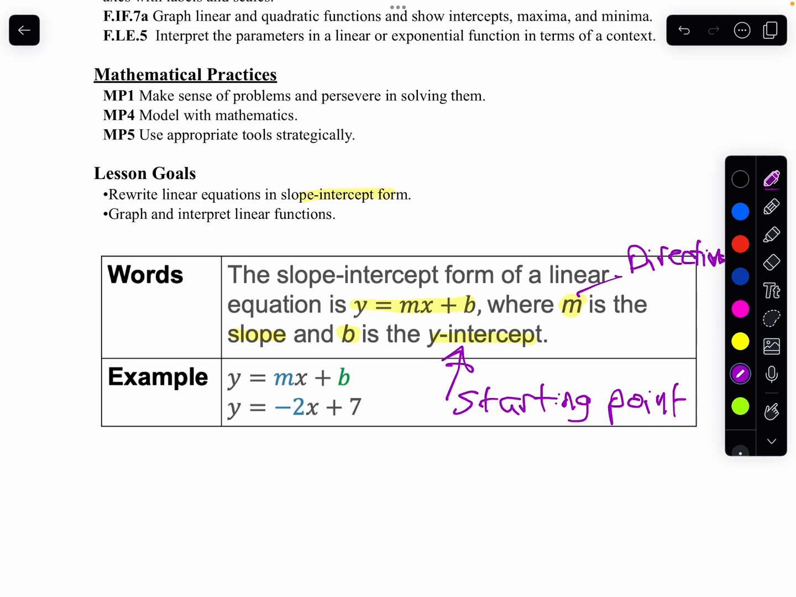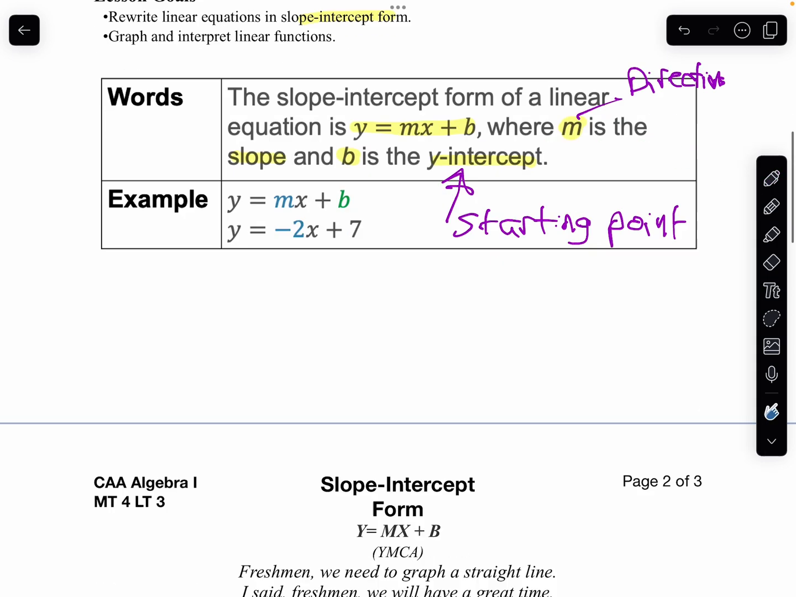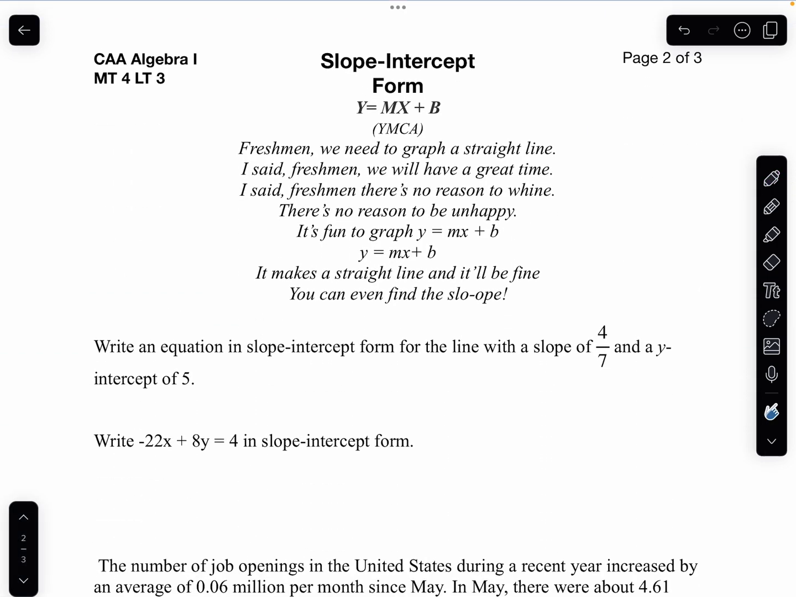If you want to tell somebody how to get to your house, you have to start someplace that you both know, and then you give them the directions from there, because that's what slope-intercept form is. And because it's such an important equation, we have a song that goes with it, actually a dance, to the tune of